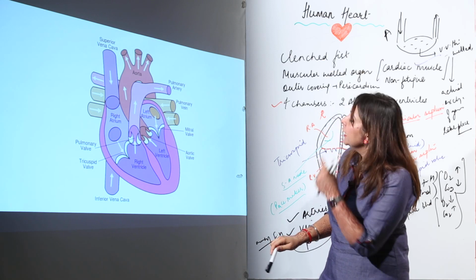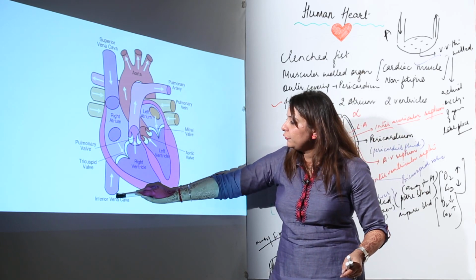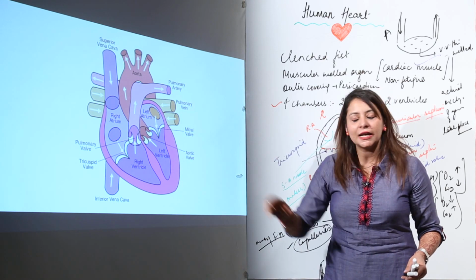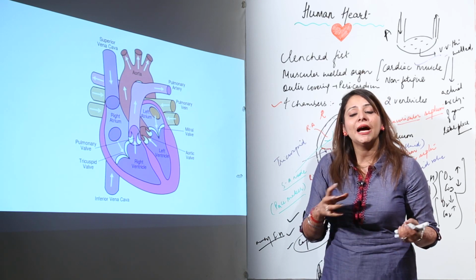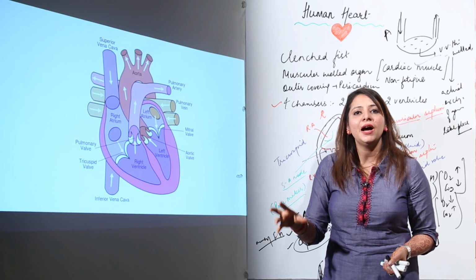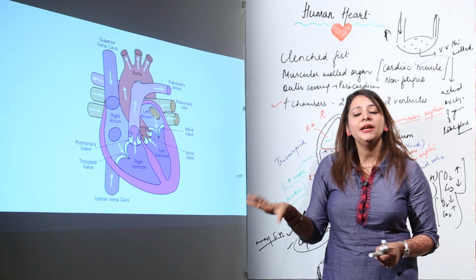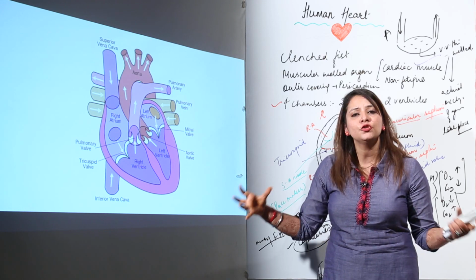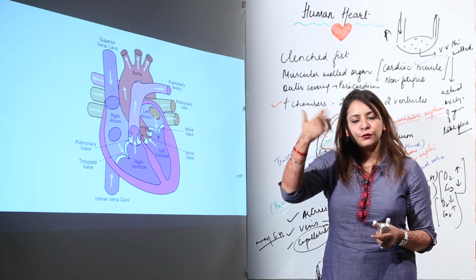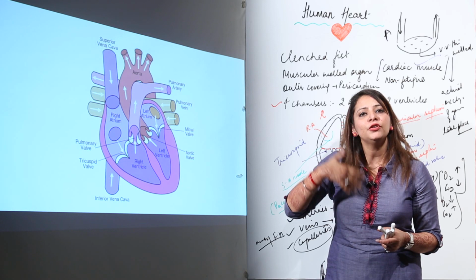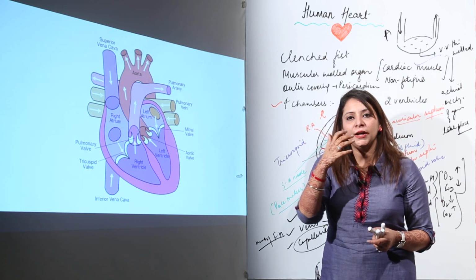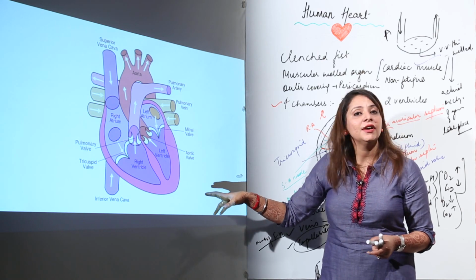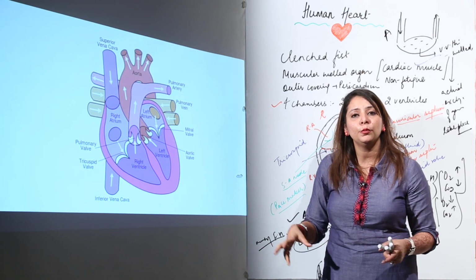And moreover, if we talk about the superior vena cava and inferior vena cava, they are the bigger veins, just as we have the largest artery, the aorta. So the largest veins are the superior vena cava and the inferior vena cava. The superior vena cava is formed by combining a large number of veins from the upper part of the body, that means the part above the heart, carrying impure blood to the heart. The inferior vena cava collects the impure blood from the lower part of the body.